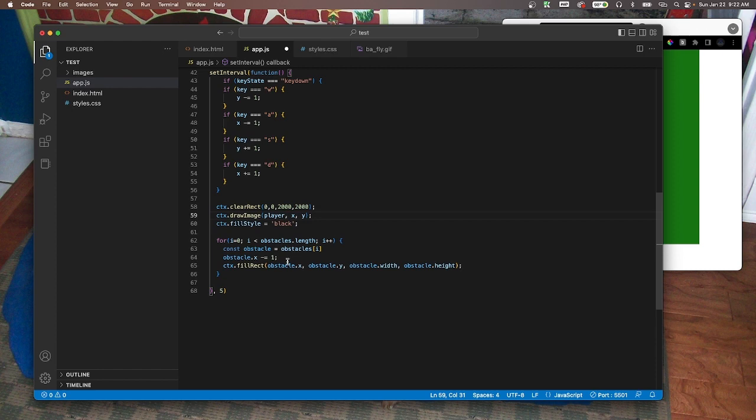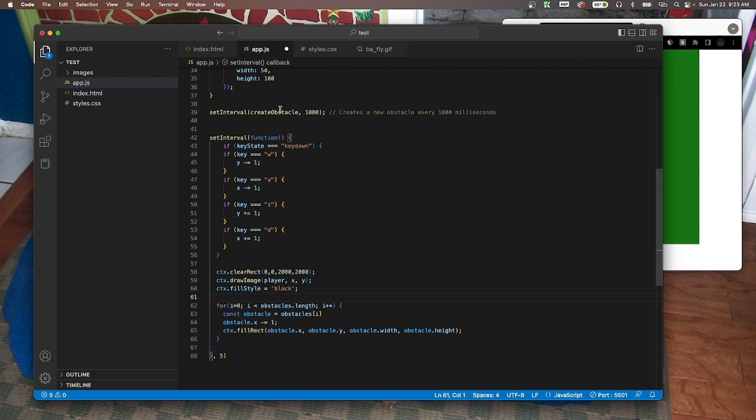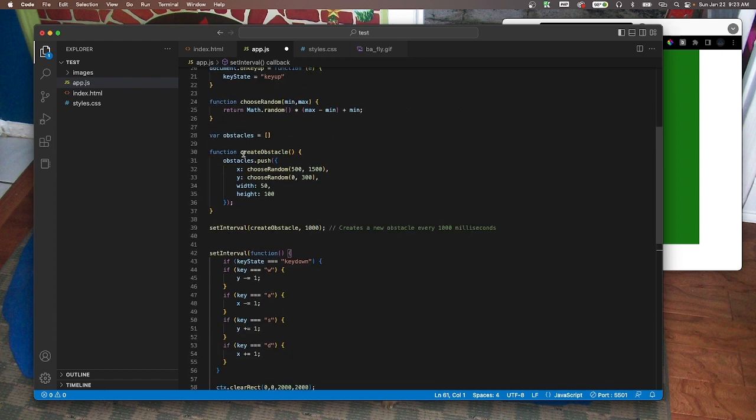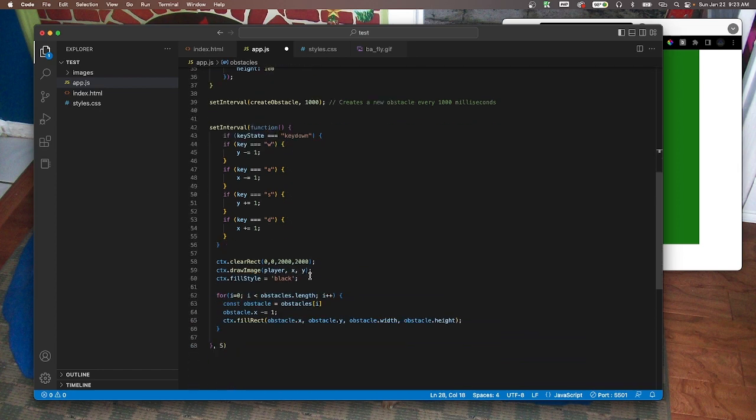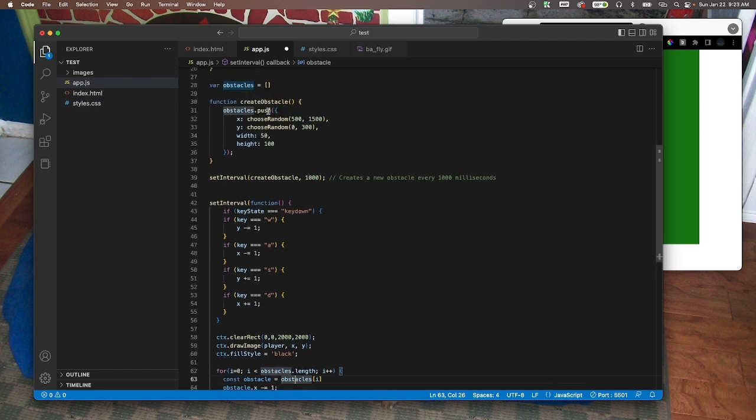This is the style, and this is the rectangle that's actually being drawn. So here's the for loop. And I is less than obstacles dot length, so the number of obstacles in this variable right here, and we're going to increment it by 1 each time, and we're going to take that obstacle and we're going to grab it from that array, which is right here,